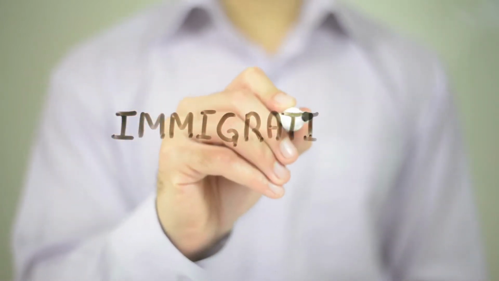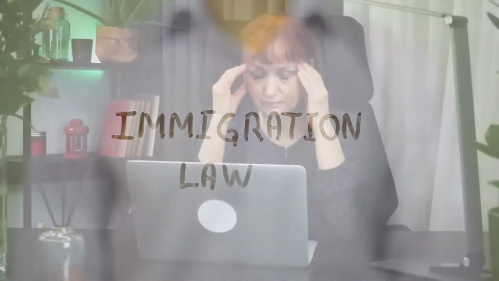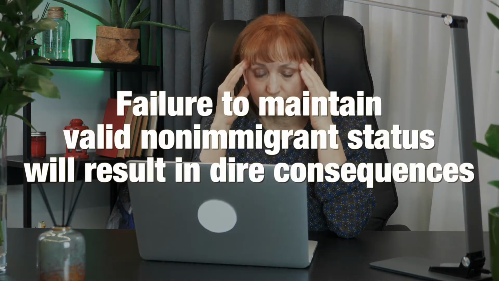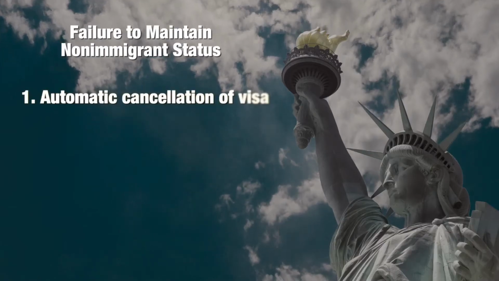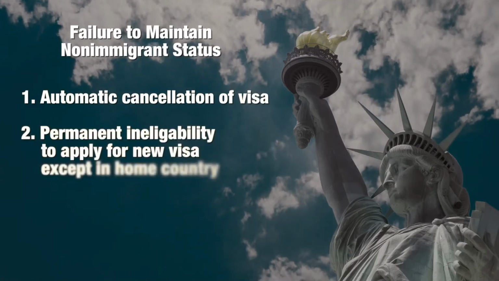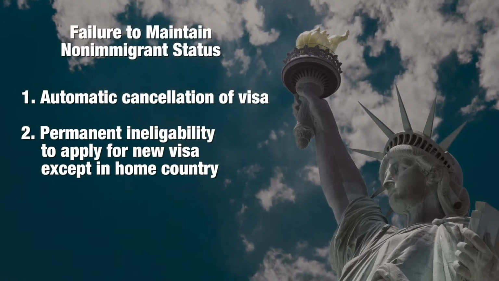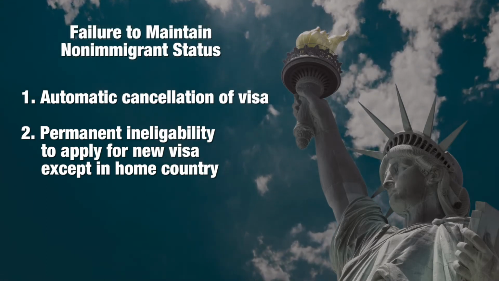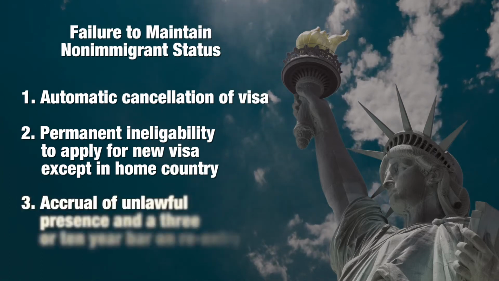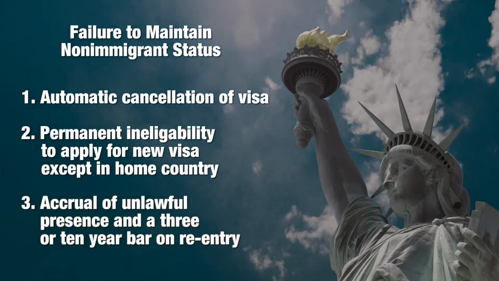Although U.S. immigration laws are complex and at times confusing, certain issues are quite clear. If you are a foreign national hoping to extend or amend your non-immigrant status in the United States, the failure to maintain valid non-immigrant status will result in dire consequences for you, including automatic cancellation of your visa, permanent ineligibility to apply for a new U.S. visa in any country except at the U.S. Embassy or consulate in your country of citizenship or residence, the accrual of unlawful presence, and a 3-year ban on